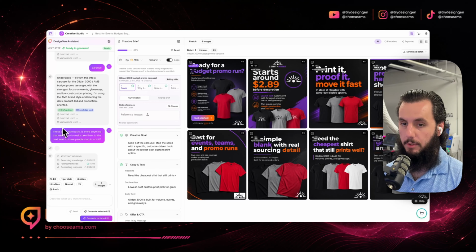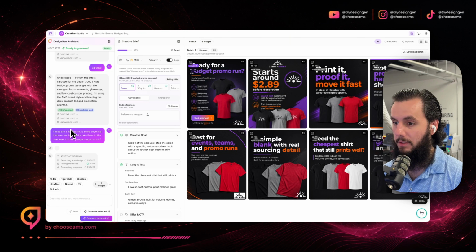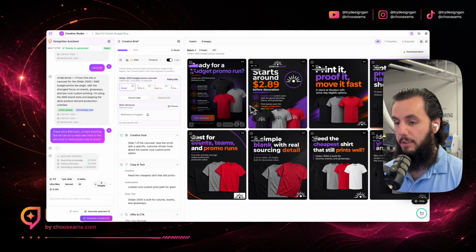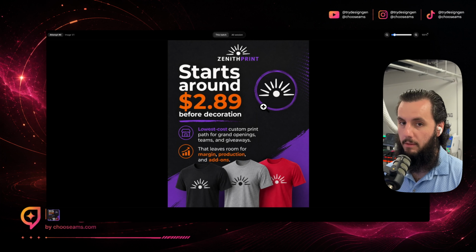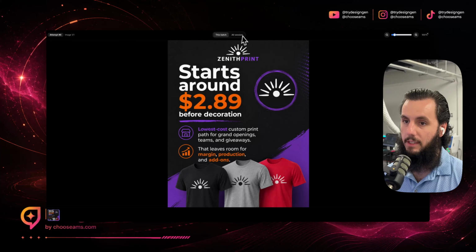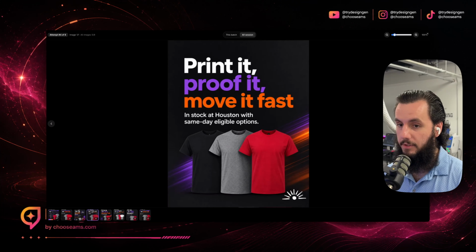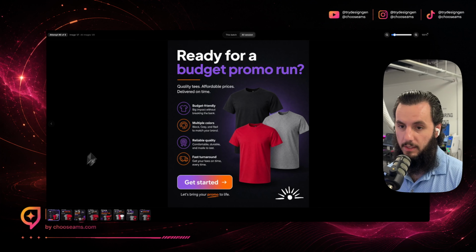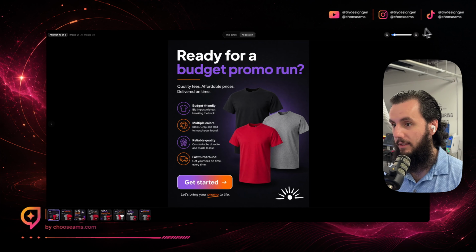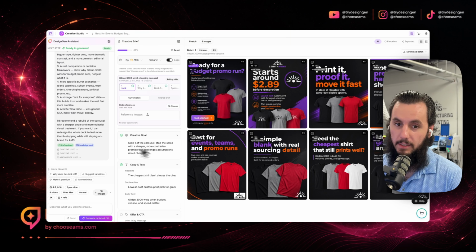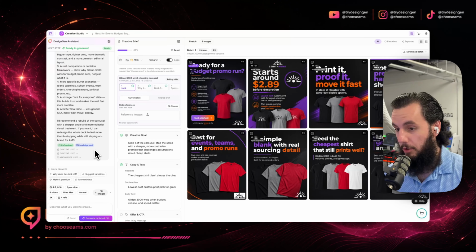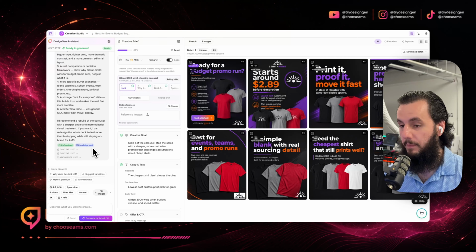So let's see what it's able to cook up from that, and hopefully we can get something that's just a little bit better. But overall, I don't know if this is necessarily a bad thing. I think that a lot of the problems that we see with AI generated designs is that they have so much going on, that they are just clearly AI. They always have what is essentially this, where it just lists everything that you tell it in a list on the actual image itself. So I think that there's a lot of room for good simplistic designs,